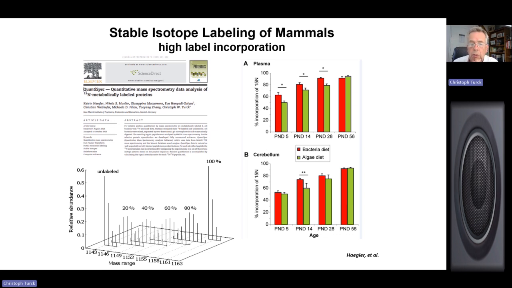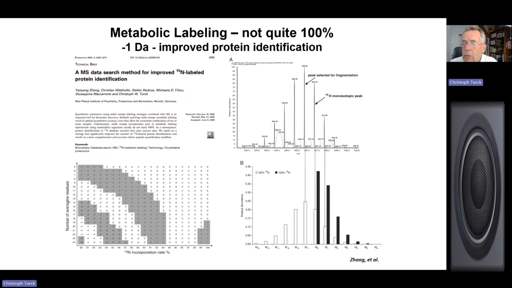And this was very important for us, of course, to have this software available in order for us to ascertain that at postnatal day 56, we're dealing with material which is over 90% labeled. So a very efficient way of doing this with the Silantes diet worked out very well. One thing, though, that we realized, and everybody else realized too, of course, is you never get 100% label. Maybe if you do many, many generations, you can approach 100%, but you're probably never going to get rid of some unlabeled or 14N isotope.